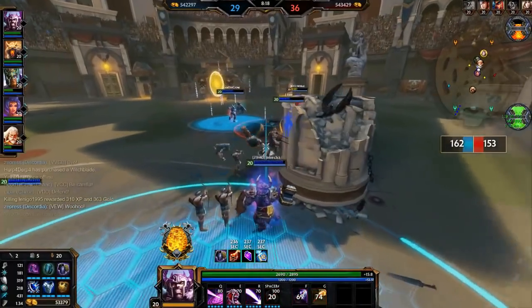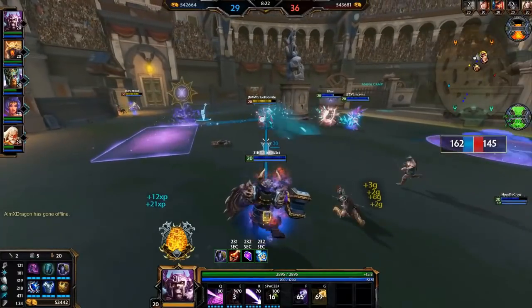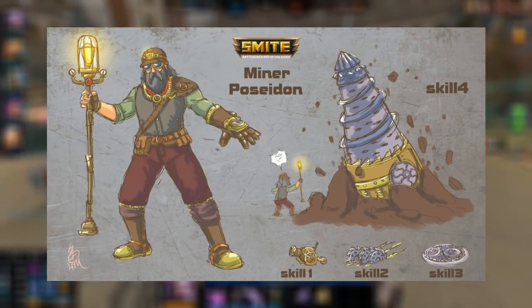I know the nature themed skins are a bit oversaturated currently, and there's already been another on this list, but I had to include this one. The artwork is just amazing. Next up, I've got the Poseidon Miner skin. Someone could tell me that the Kraken is a giant mining drill bursting out of the ground, and I'd be sold